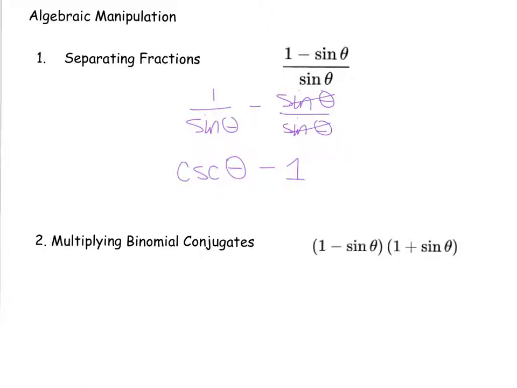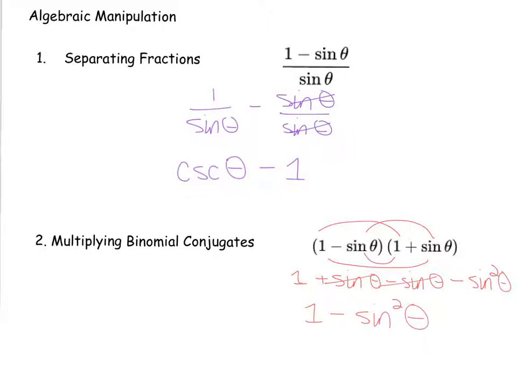You may have learned FOIL, first, outer, inner, last, same thing. But something happens when the binomials are exactly the same, but one of them's a plus and one of them's a minus. So we do 1 times 1, we get 1. 1 times sine theta is plus sine theta. Minus sine theta times 1 is minus sine theta. And then minus sine theta times sine theta, we get minus sine squared theta, okay? Now what happens is those middle terms, since one of them's a plus and one of them's a minus, they cancel, they become 0, and you're left with 1 minus